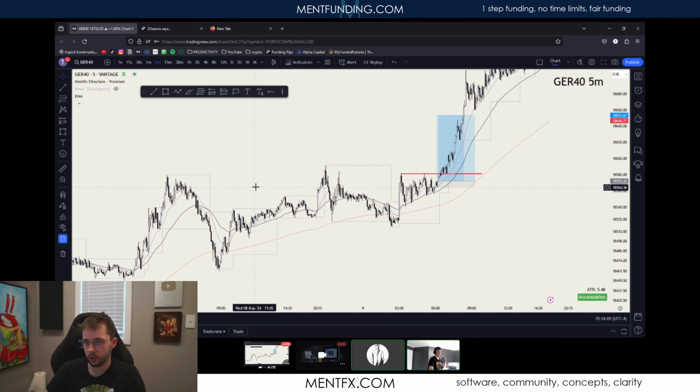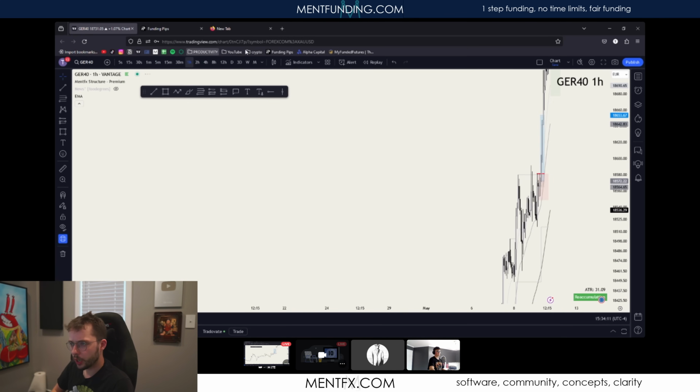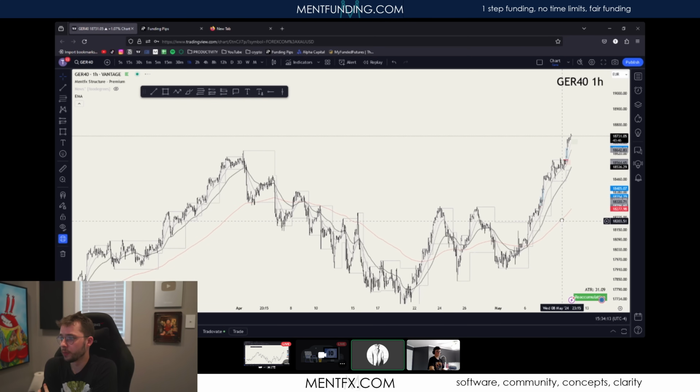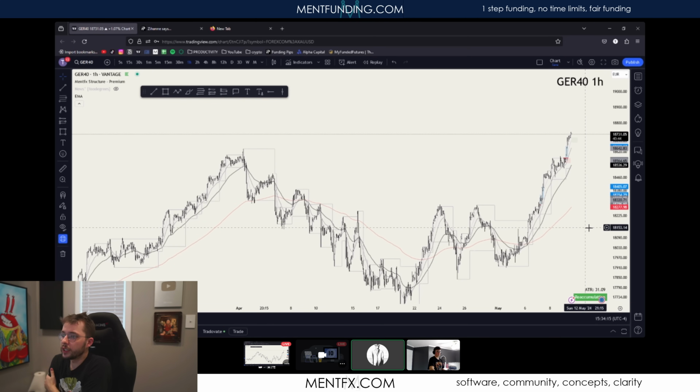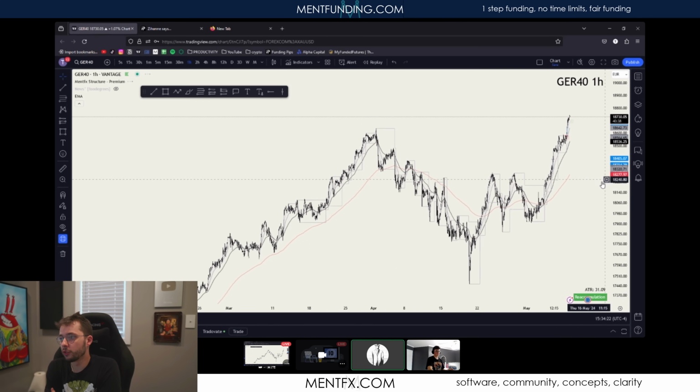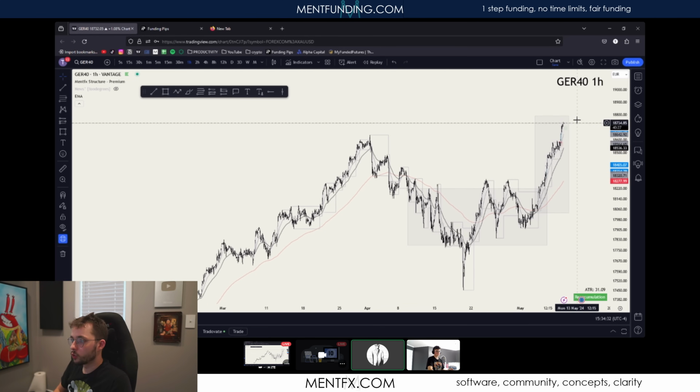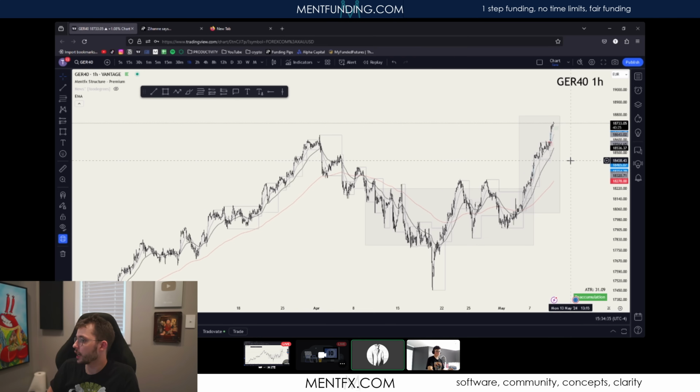So let's go to the 1 hour really quick. Let's go to the 1 hour again, and let's look at where that was. It's really up to you here, because this is also a longer term stage 1 than any of the ones that have happened prior. This was a big stage 1, and that's what you traded out of as it started going higher. Now, right up there where your entry is, it's of course a fractal stage 1, but that fractal stage 1 is larger than any other stage 1. So I'm not going to sit here and say you should have traded that, because that's not the case at all.